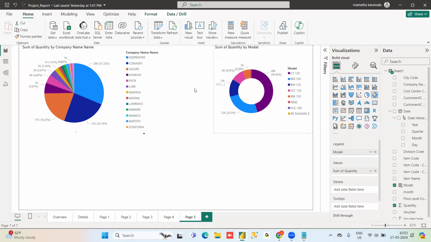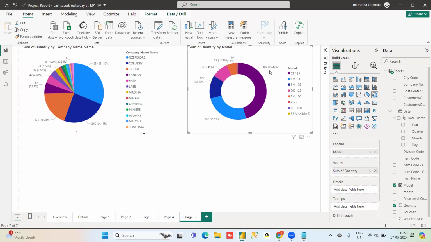We have just taken two visualizations. Here we are representing our data. These are all the different models, and model wise sales, I can say. Here we are showing company wise sales.